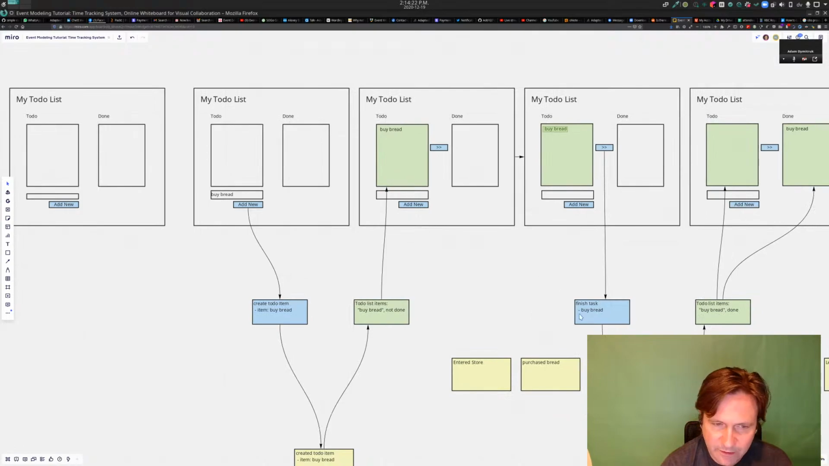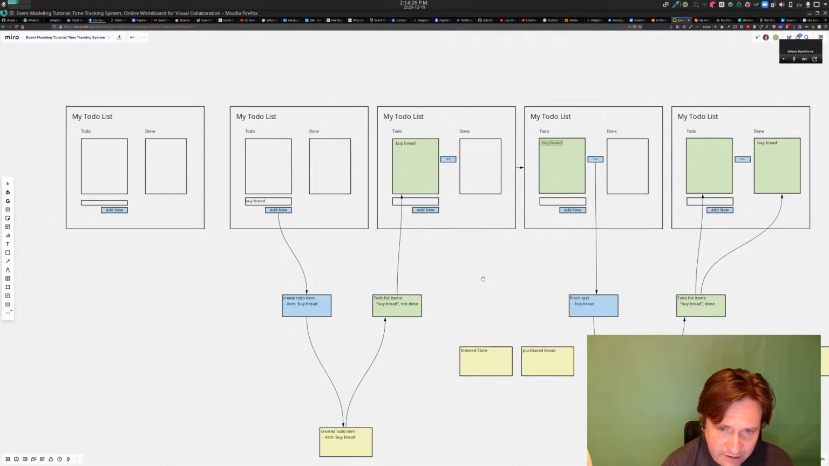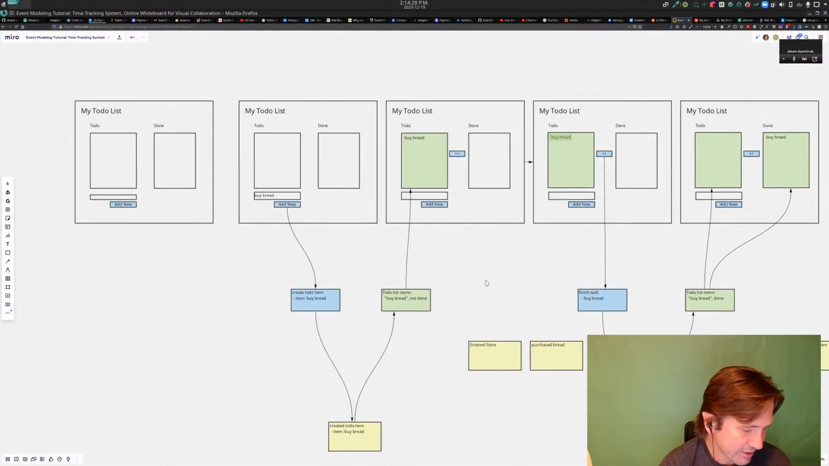Finish task, buy bread. So the other thing that we're doing here is we're not using any IDs yet, because in this simple to-do list, really the text itself can be used as the ID, and we're not going to overcomplicate things. And this is quite important, because